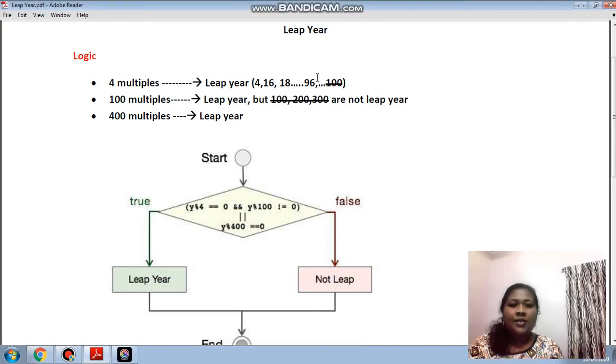We are going to discuss a leap year. So we are going to write the program to find whether a particular year is a leap year or not. For this, there are three key points you have to keep in your mind while you write the logic. The first key point is that if the year is a multiple of 4, then it is called a leap year,